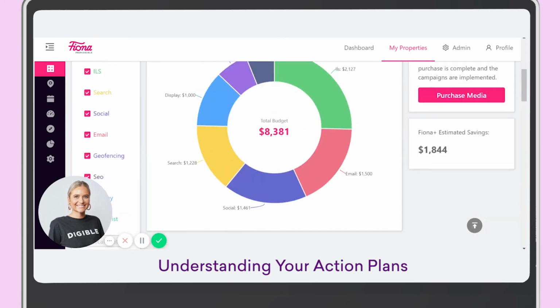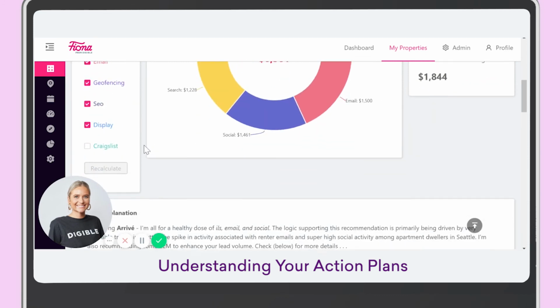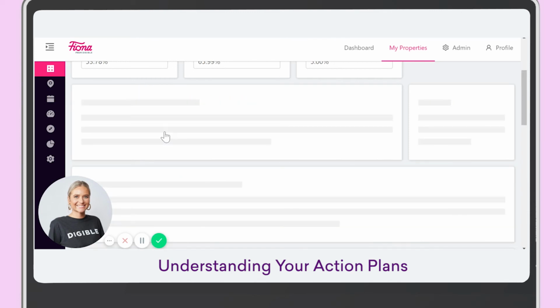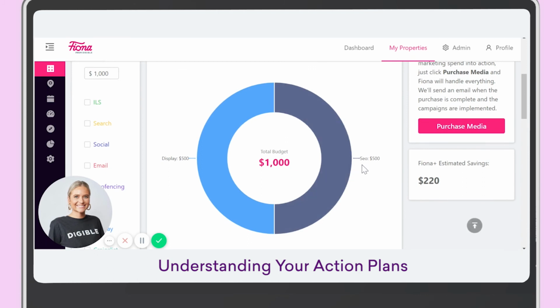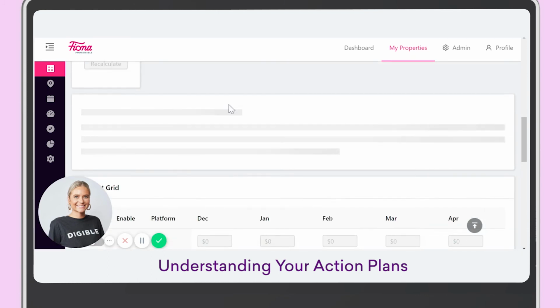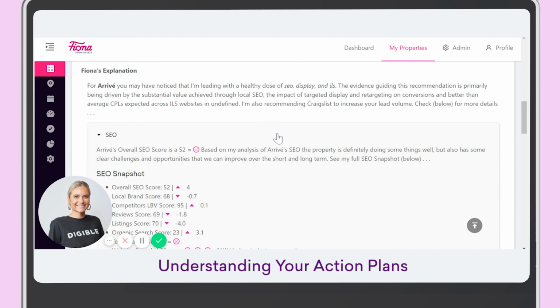And then you might be wondering, well, I really want to know what our SEO team should be doing. So this is where you can look at the budgets and play around with them. $8,000 is a pretty hefty budget. So if we bring that down, Fiona can really force SEO into there. You can see she's suggesting a $500 SEO budget, and that's going to prompt her to send out some commentary regarding that over here.